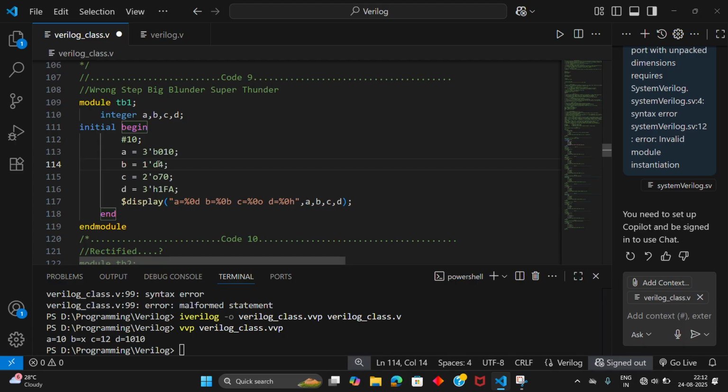After D, I have represented one number, so I have given size as 1. Similarly, for octal, after O, I have given 70, which is two numbers, so I have given it as 2. For H, after H, we have three numbers, so I have given it as 3. So if you run this code,